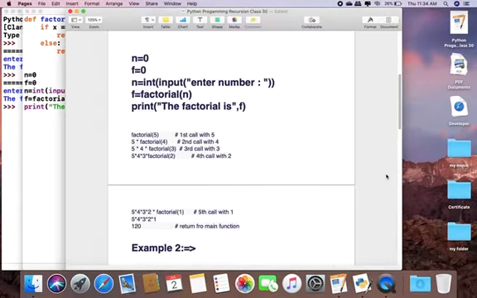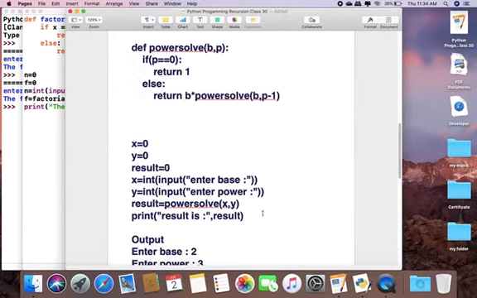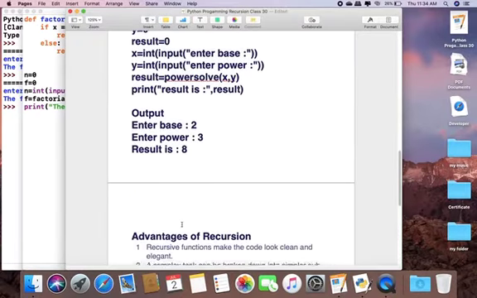Now we have another program. It is a program to input base and power and solve it. First we input the base, like base is 2, and enter power as 3, so it will solve 2 to the power 3, which equals 8. This program is executed using a recursive function.